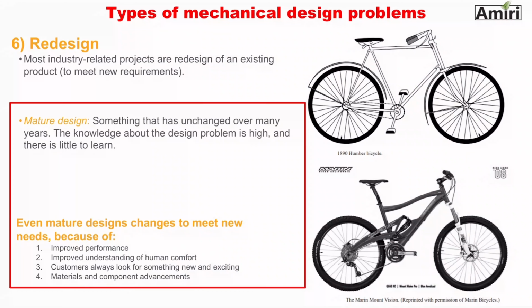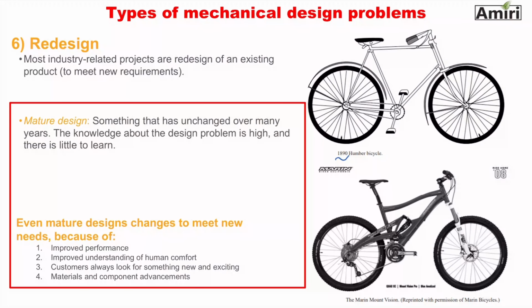Something to also talk about in this context is mature design. Mature design is something that's been around forever without a major change. Bicycle is a good example of it. When you look at, for example, a 1890 bicycle and today's bicycle, it's the same thing. Of course, the material has changed, the wheel diameter has changed, gear shift has changed, a lot of stuff like that, but the design concept's still the same. It's a frame on two wheels with a handle and a pedal, and that's pretty much it. So mature design might change,